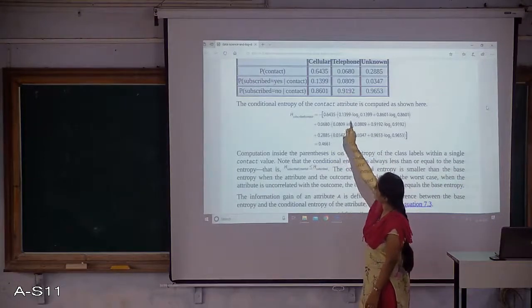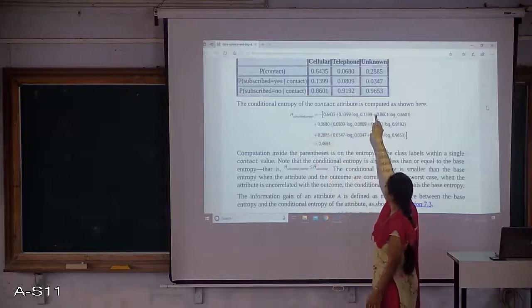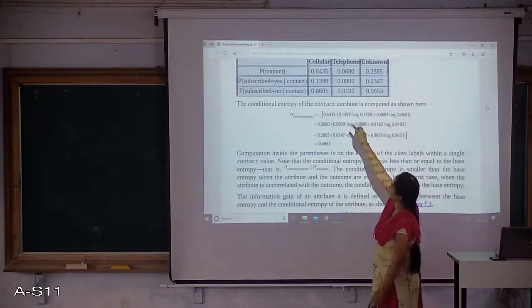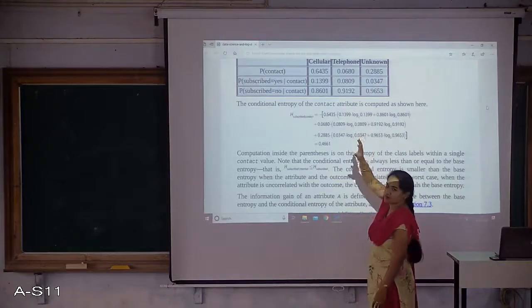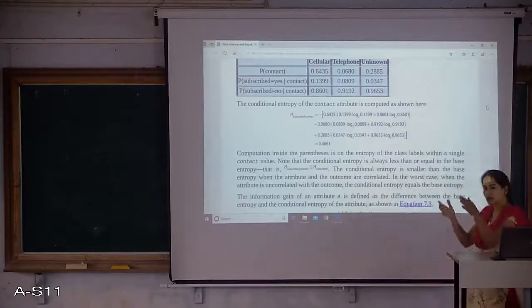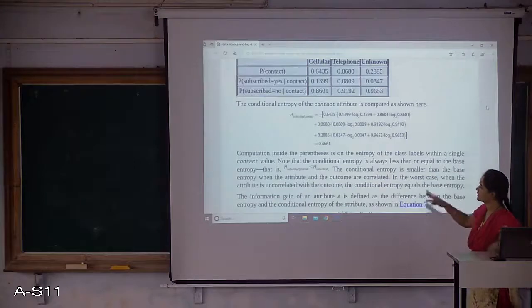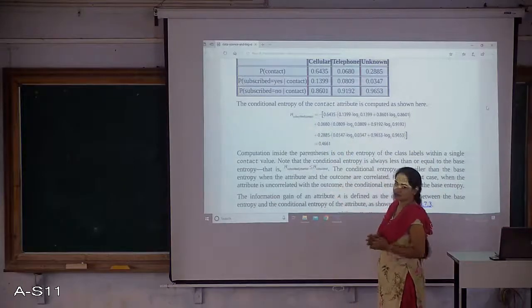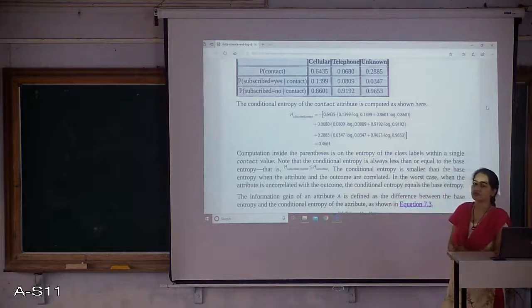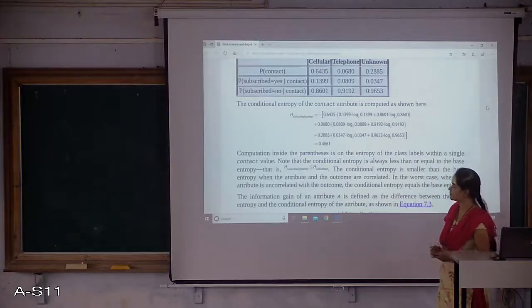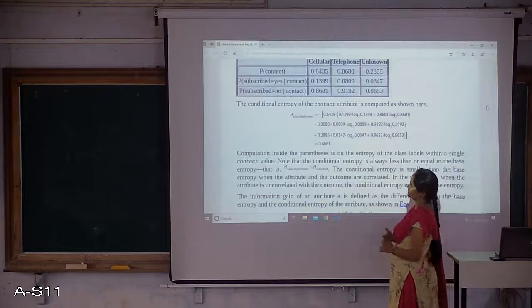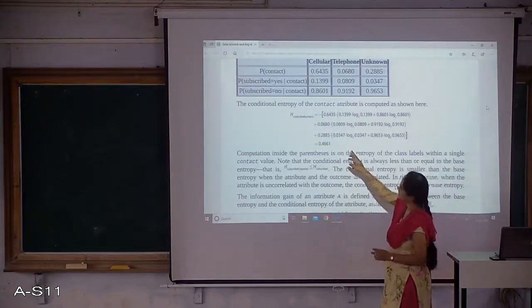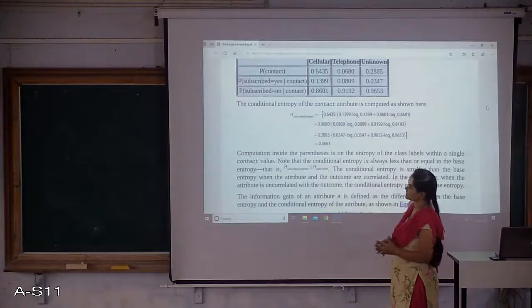So here I am considering contact as having three values. If a contact is cellular, how many yes are there? If a contact is telephone, then how many yes are there? These are the probability values I am getting when I am looking at all 2000 entries in the data set, and this is the additional entropy for subscribed conditioned on contact as one of the attributes. So this is the value I am considering as the conditional entropy.